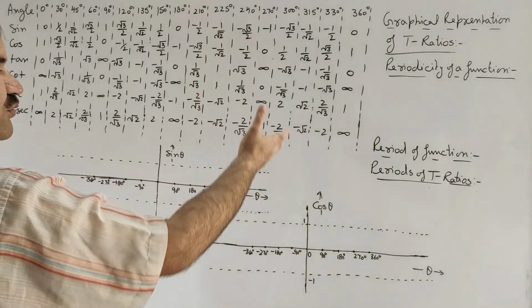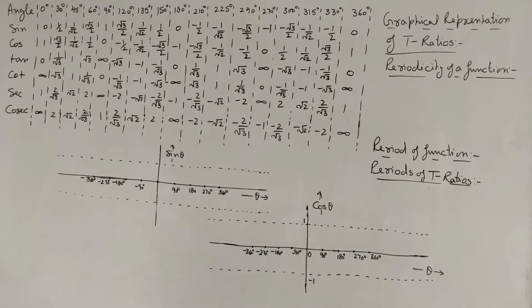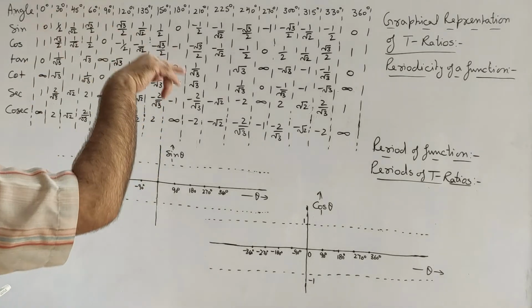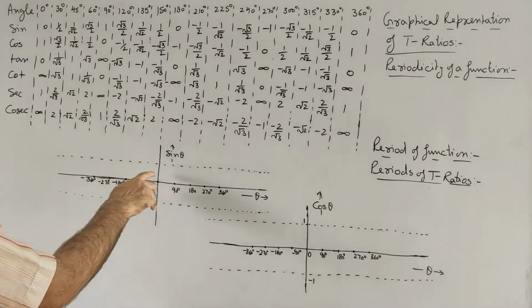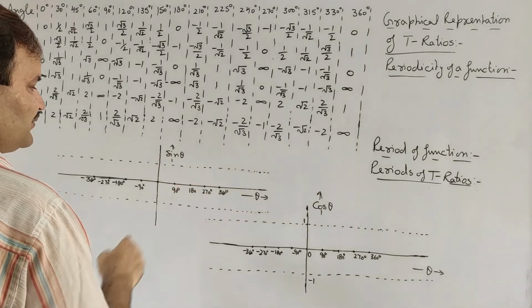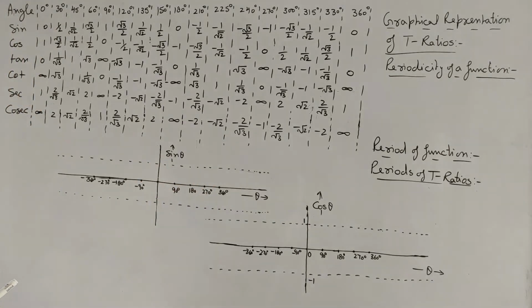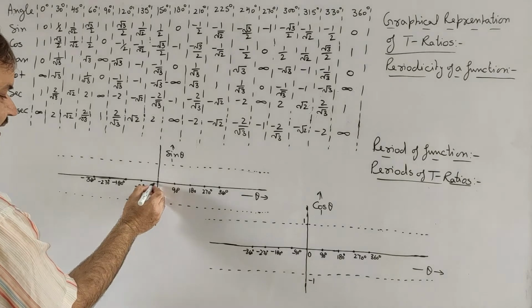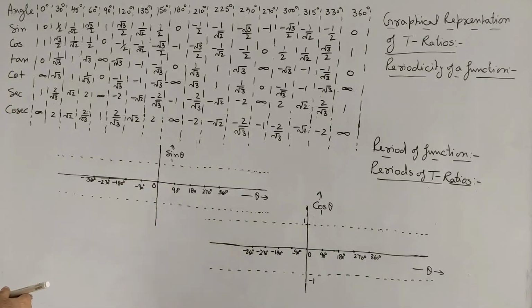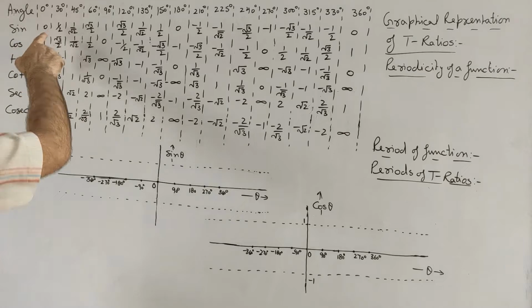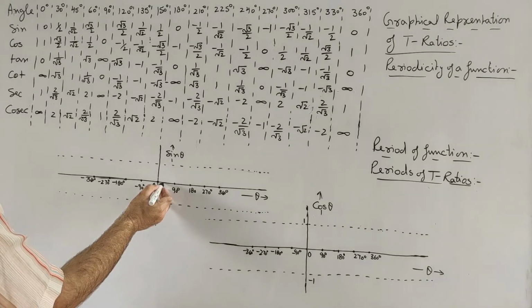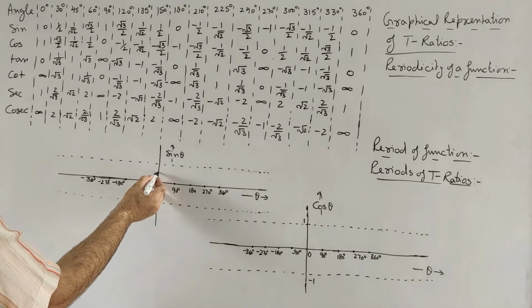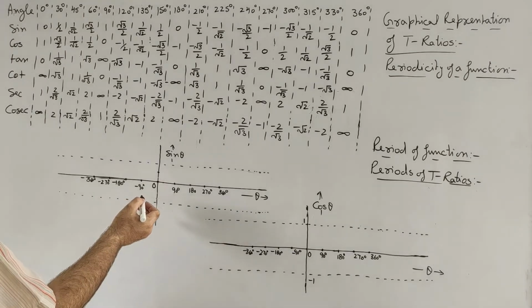So now we have obtained the values of trigonometric ratios for a complete cycle. So first we will try to plot the graph of sin theta with theta. Say it is 0 degree, then for 0 degree sin is 0. Then for 30 degree it is 1 by 2. So if it is 30 degree, then value is 1 by 2. Then for 45 degree